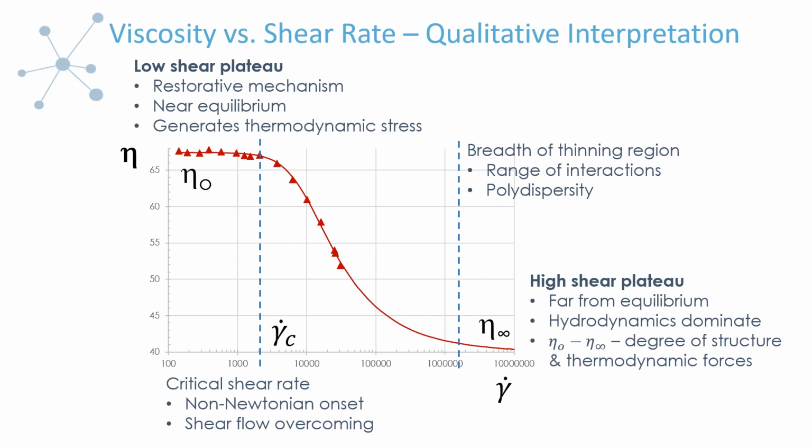And then ultimately, as we get to this high shear plateau, we're very far from an equilibrium state. And when I say equilibrium state, I'm referring to the microstructure, or basically the spatial positioning of all your components in the system. And this is actually a hydrodynamically dominated state, because all of our thermodynamics are basically wiped out by the shear flow field, and what we're now looking at is predominantly hydrodynamic.